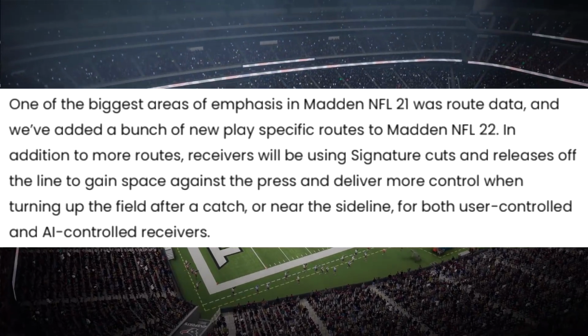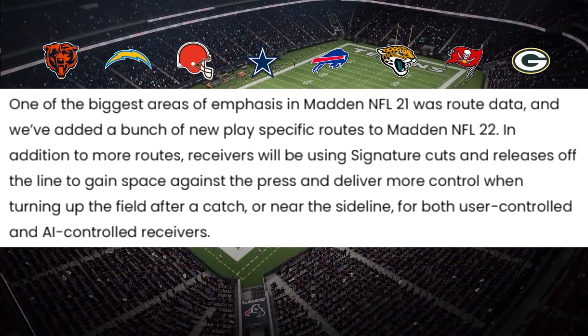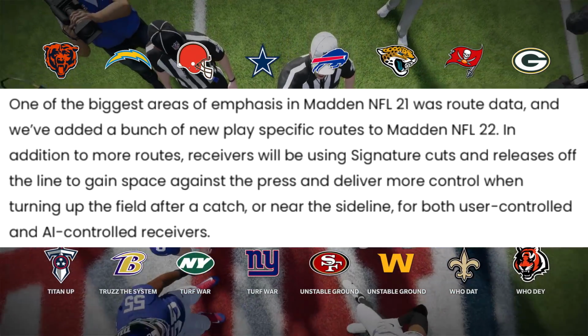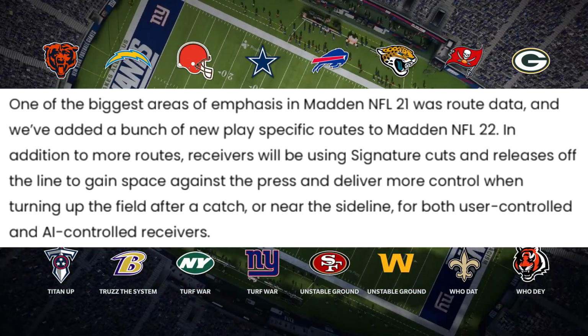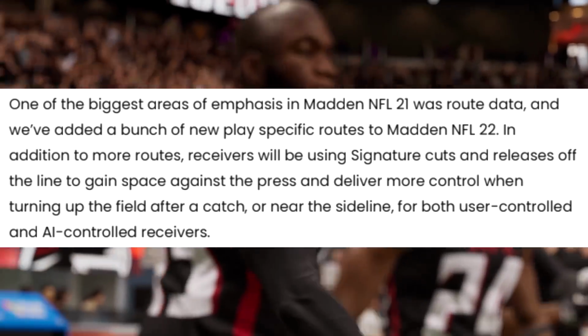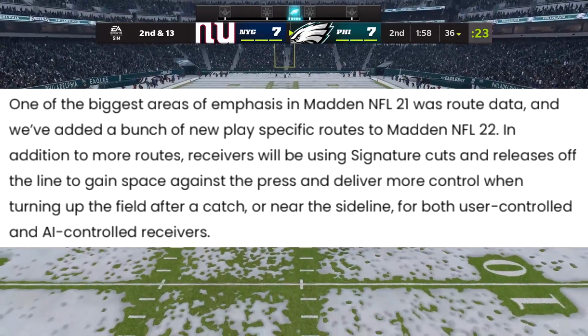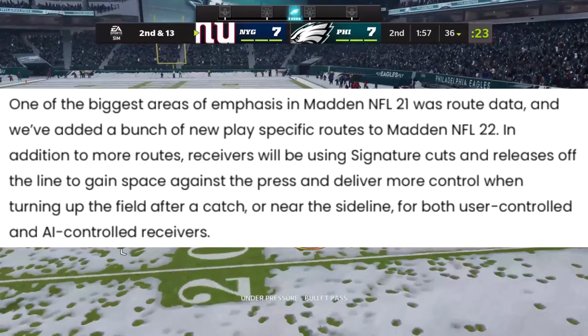One of the biggest areas of emphasis in Madden 21 was route data, and we've added a bunch of new play-specific routes in Madden 22. In addition to more routes, receivers will be using signature cuts and releases off the line to gain space against the press and deliver more control when turning upfield after a catch or near the sideline for both user-controlled and